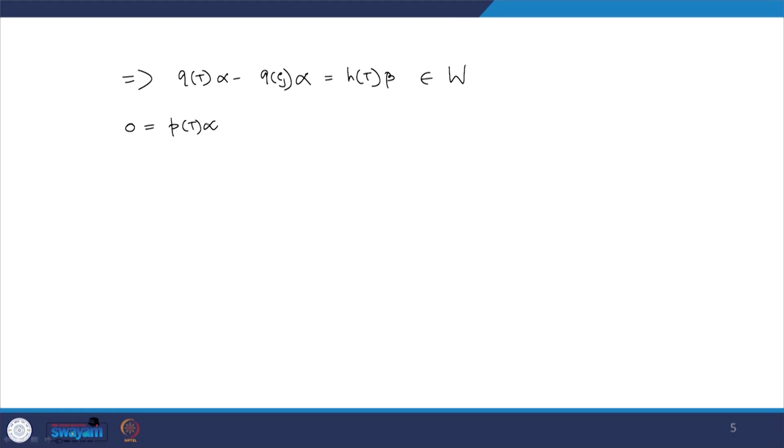If P is the minimal polynomial, then Pt alpha will be equal to 0, which is equal to (T minus Cj I) into Qt alpha. This implies Qt alpha is an eigenvector,